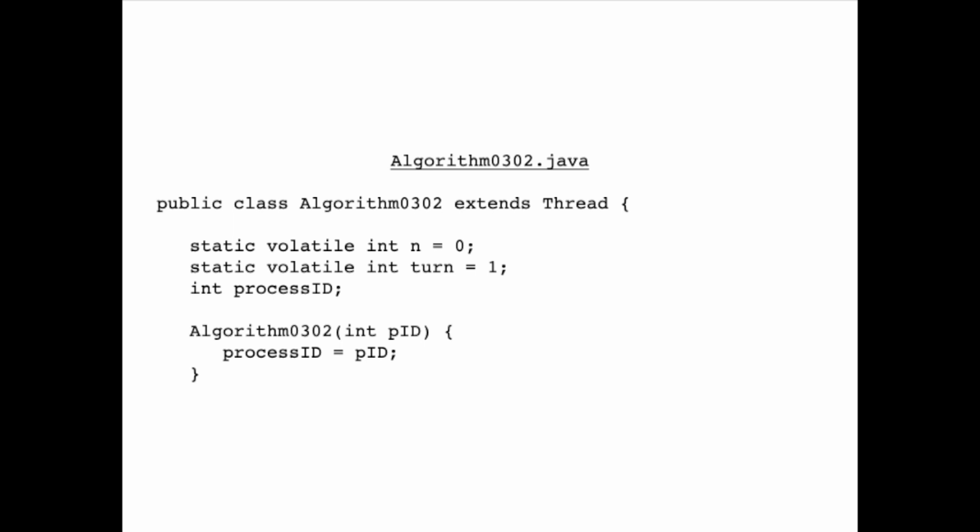The answer is that we are going to assign each process a process ID, an additional attribute that is not necessary in the C++ code. So here is the beginning of algorithm 0302.java. Notice that we have the usual n initialized to 0, which is an integer, and turn initialized to 1, which is also an integer. And now both of these